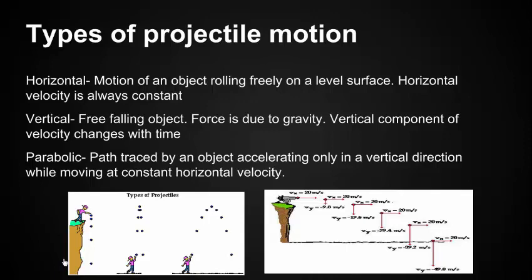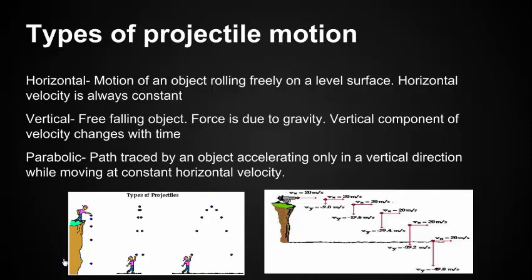Now, the other type of projectile motion is vertical motion, a free-falling object where the force is due to gravity. The vertical component of the velocity changes with time. As you can see, it's the picture on the bottom left of the man dropping the ball down the cliff and the man dropping the ball up and down. In this, the vertical component of the velocity changes with time, and the acceleration of this projectile is again negative